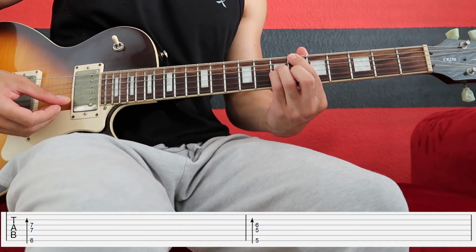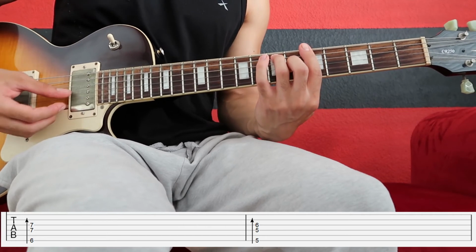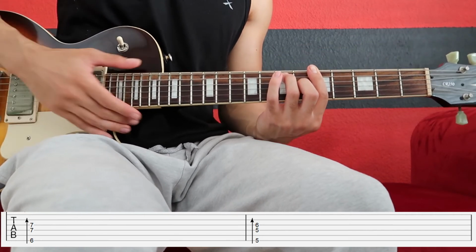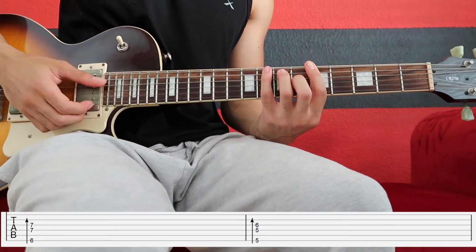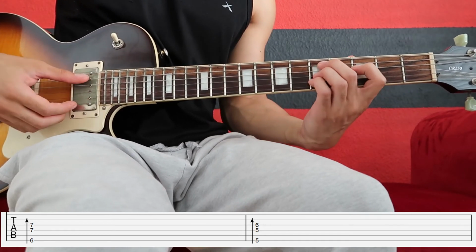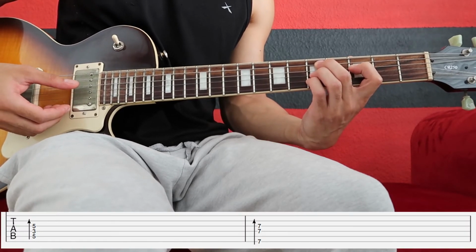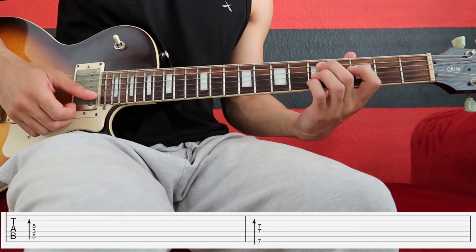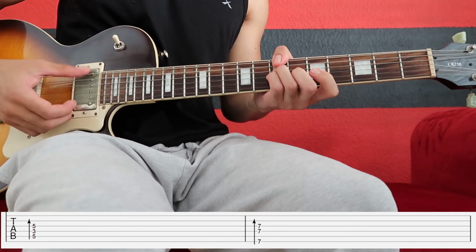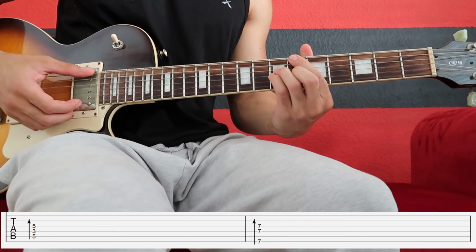Okay, so B flat major 7 chord, right? Now we're going to play the A7, okay? So now for the second verse, well, we're back to the verse. So we're playing the A7, not the A major. Then we're going to play, actually just that, yes, because we're stopping at the G. So it's still D minor 9, but remember, stop at the G string, then that's the same, okay, B minor 7 flat 5, repeat,